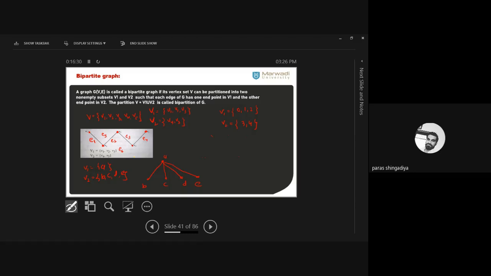ठीक है, so here one graph is given as an example. The main set is V, which includes 5 vertices v1, v2, v3, v4, v5. ठीक है, एक मेन सेट है जिसका ग्राफ बना हुआ है, तो उसमें 5 वर्टेक्स हैं, and then after we consider a two partition as capital V1 and capital V2. So these are the two partitions of this main set. Capital V1 includes 3 vertices v1, v2, v3, and capital V2 involves the 2 vertices v4 and v5. Clear? Then you can place them in any form: v1, v2, v3 in one partition, and v4, v5 in the second partition.